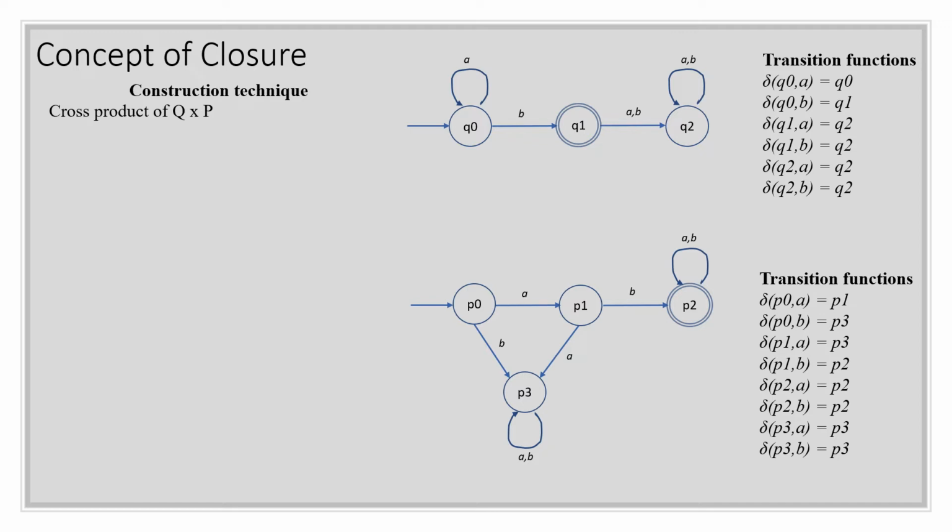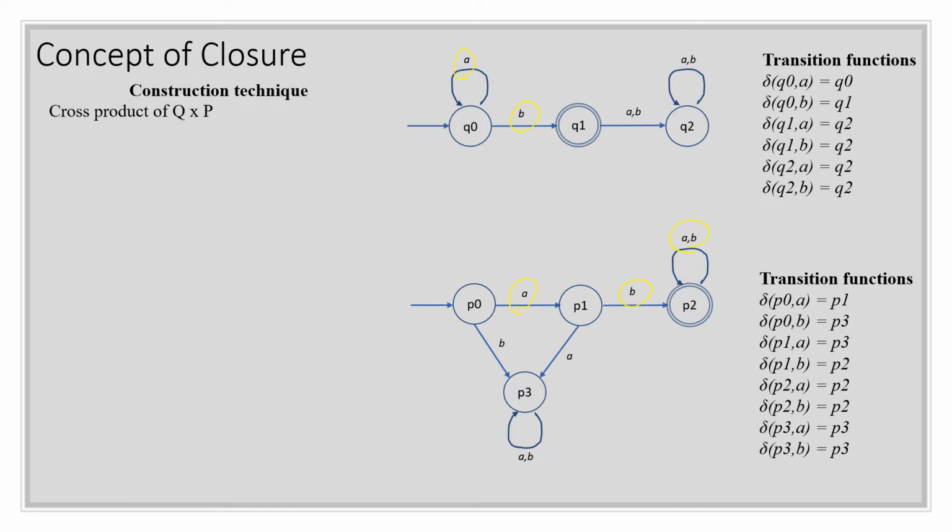for these two DFAs. This DFA starts with an A and a B, followed by any number of A's and B's. And this one starts with any number of A's and ends with a B. So those are the two DFAs for the two different languages, and now we're going to go over how to